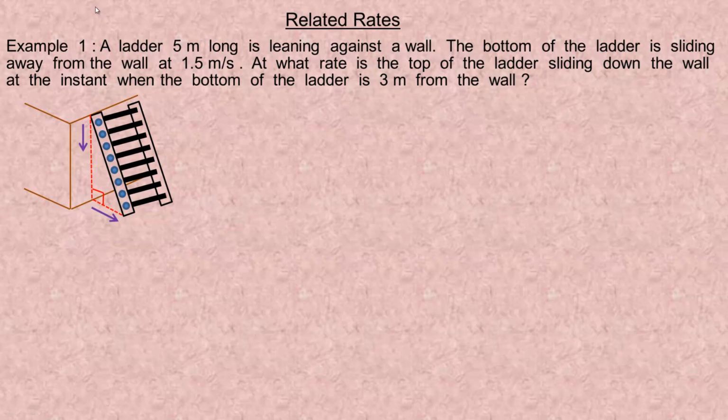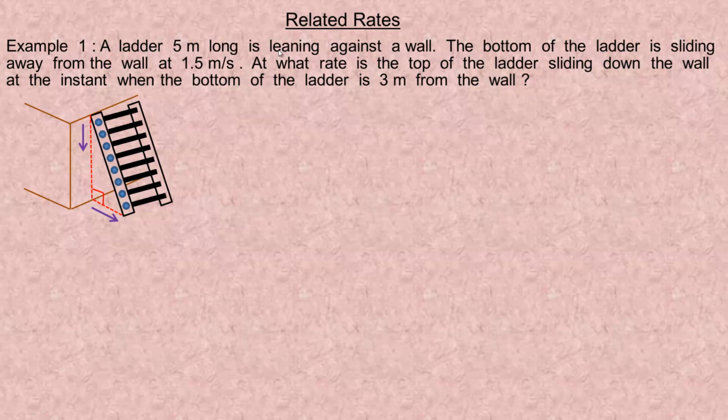Okay, so we're going to start with the first example here. I'm going to work through it, show you how it's done, and then I'm going to summarize into a list of some steps, like a structure you can apply to related rates problems, and then we'll see how that works in 3 more examples. So in the first one here, we've got this 5-meter long ladder